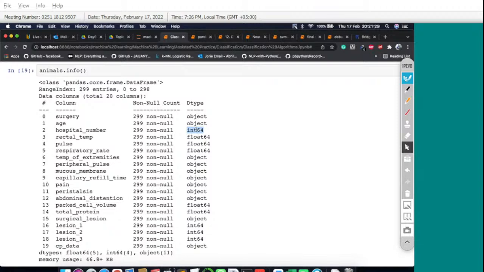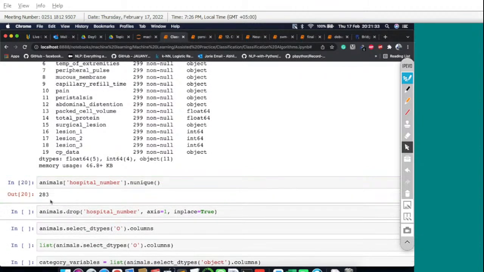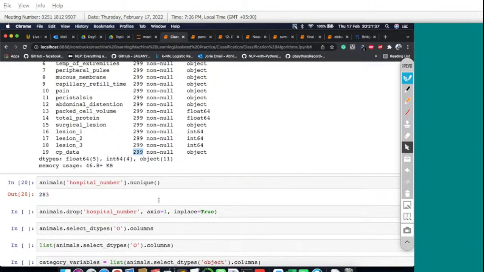It's going to be discrete. If we check the number of unique values, 283 samples are unique out of 299 values. So hospital number cannot be continuous because we cannot be sure that it has some range. When we talk about a continuous variable, its mean, standard deviation, and variance are helpful for us, right? So the average of hospital number,